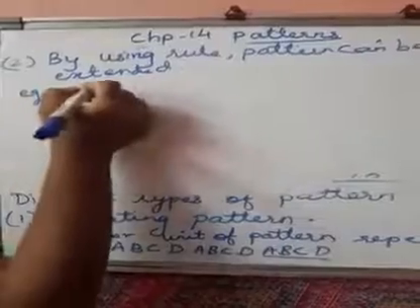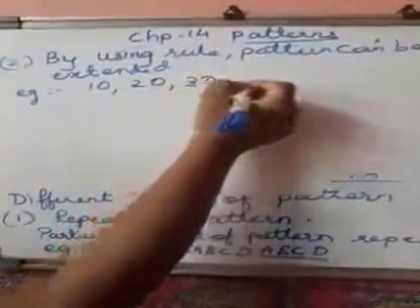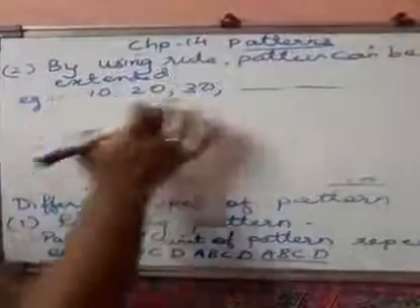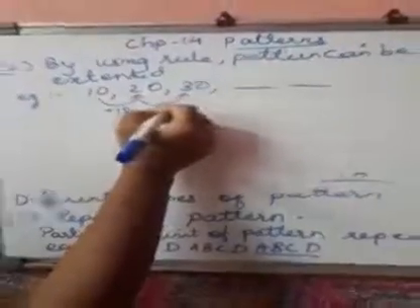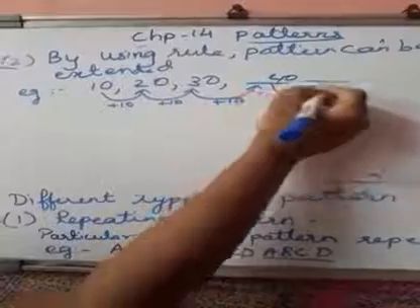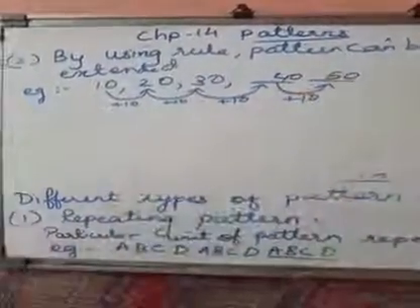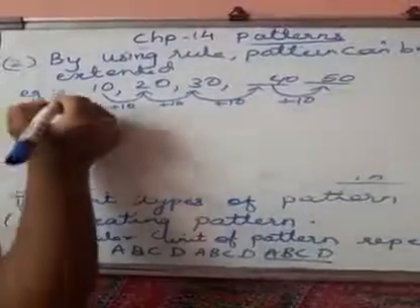Now for example 10, 20, 30. Next, if you will see, either this is a table of 10 or when you move from 10 to 20 you have to add plus 10. Plus 10. So when you move to here, you will add plus 10, you will get here what? 40. Here 50. So it is using a rule. A specific rule is applicable over here.